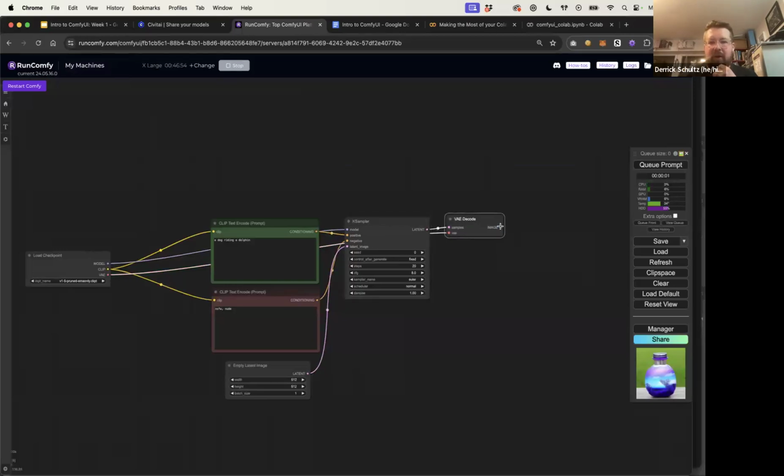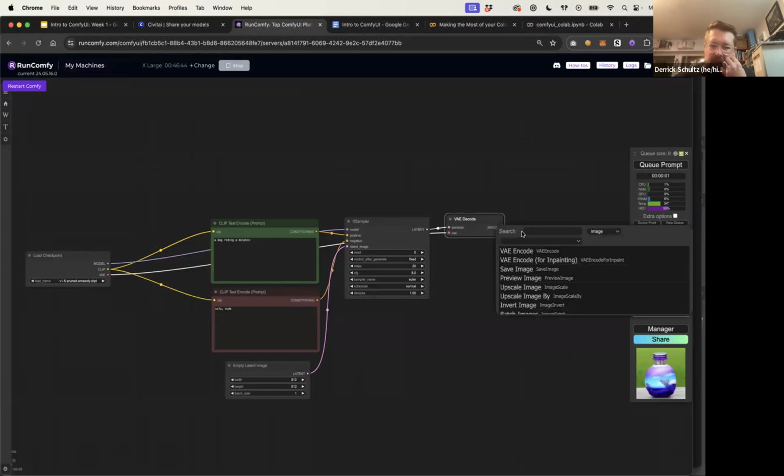So the last thing we want to do here is we're going to drag out our image. There are 2 different image nodes that you could use here. And actually, let's just do this. So let's click on the image node and drag it out, and then hit Shift, and then unclick. And you'll see there are 2 main ones that I would sort of think about. One is save image, and one is preview image. As you can guess, one is just going to preview the image in your Comfy workflow space for you.